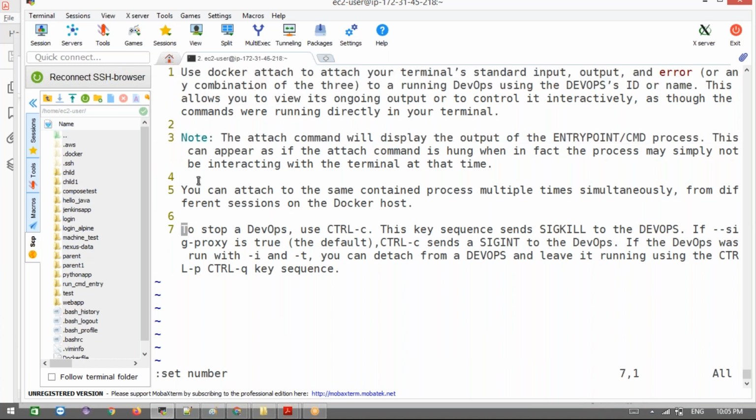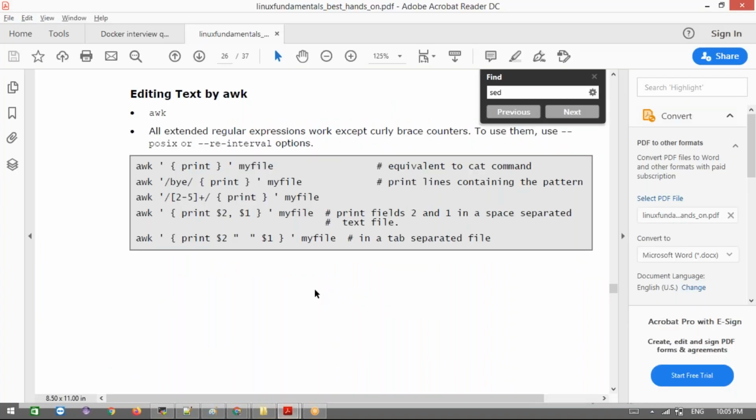When you go for real time, if you want to go to a particular line number, you can go directly to it. There is also a command called remove numbers, and set numbers. There are a lot of features in the VI editor. Everything is there in the book. No worries at all.